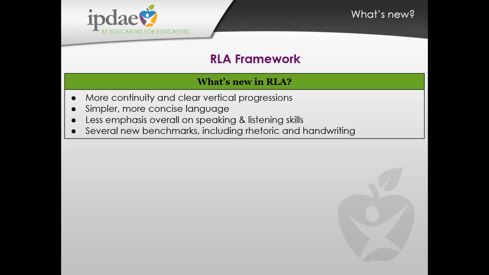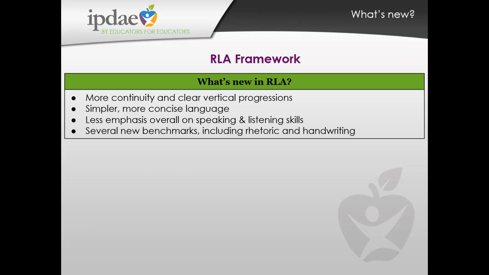It's something important to consider in the context of adult learners for whom speaking and listening is such a critical piece, whether you're working with English learners or with students we're trying to support for various post-secondary and career pathways. Speaking and listening, as we know, is a critical piece of that. So it'll be important to notice where those skills appear since they're not called out explicitly in their own strand.